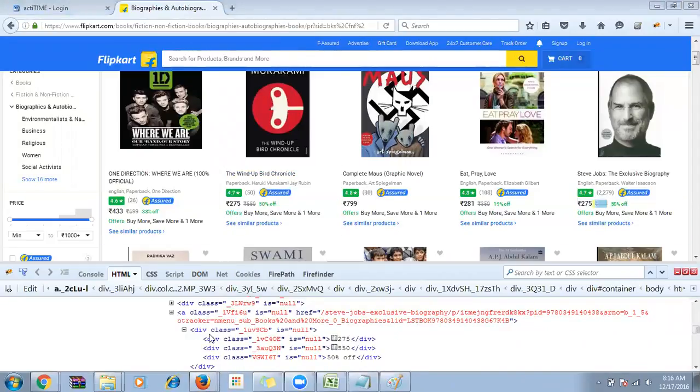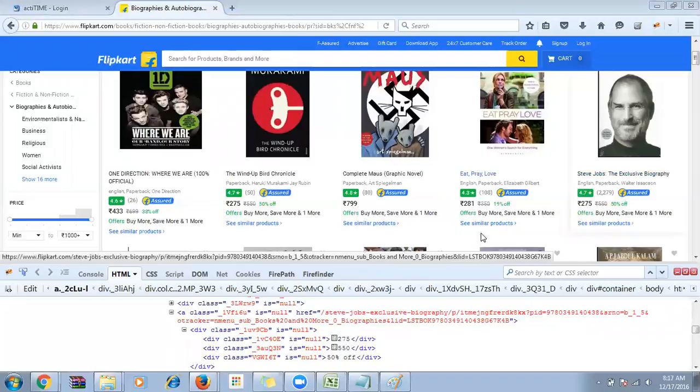Correct? Okay, yeah. Then only the strike-through price. Usually, the first one is okay. Yeah. On any website, if you go, always the first one will be the price, then the strike-through price, and then the discount will be there. Otherwise, the discount will be there first and then the strike-through price. But always the first